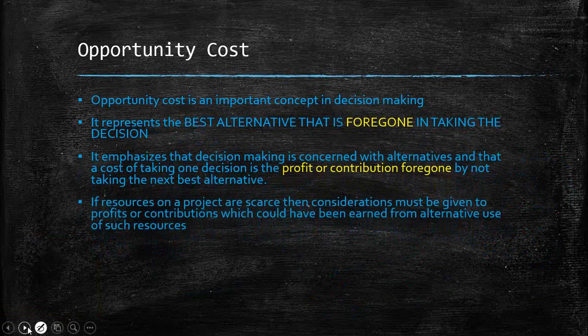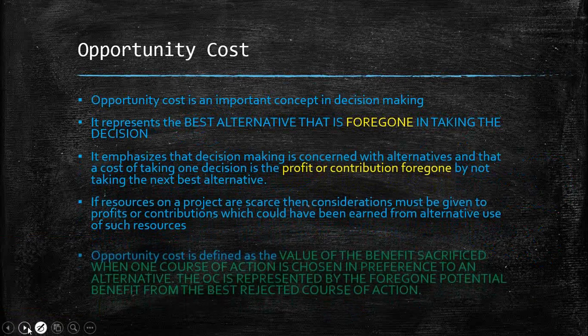Similarly, because this is very important, as I said, when the resources are scarce, like in that case, they had only 100 units of raw material. I could have used it to do the A, I could have used it to do the B, I could have used it to do the C, but I would have preferred to do A, but I was compelled to do the C,